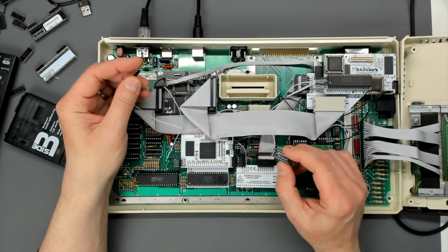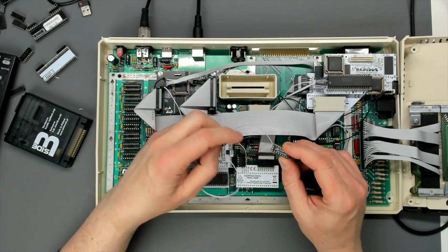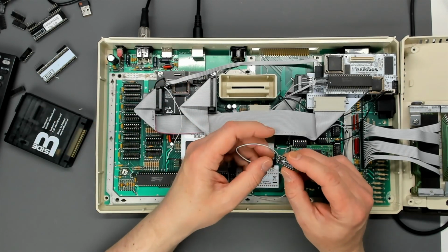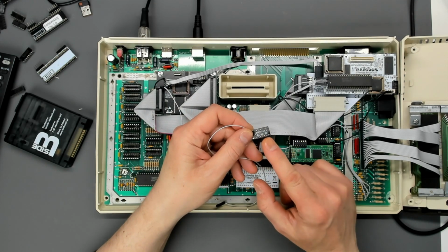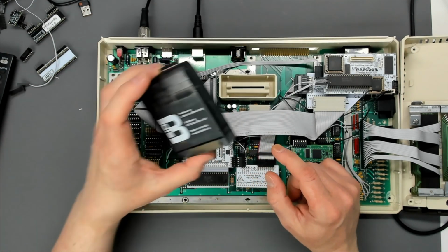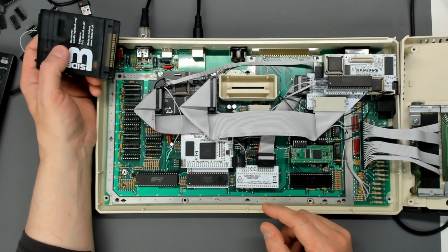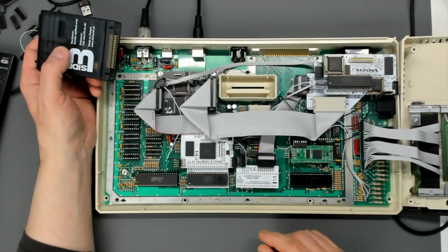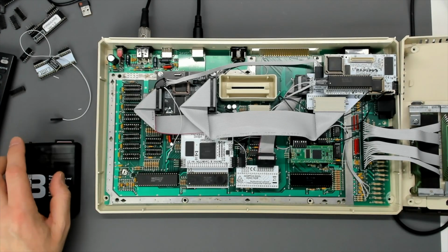PIA chip. So I even put the O2 Fixer back in the board and ran the ultimate 1 megabyte off the O2 signal that it provides to see if that would change the behavior of the machine. It didn't. I previously had this board in the computer in the first video, and I removed it to try and combat SIDE3 problems. So the SRAM's gone back in. Original RAM's come out,